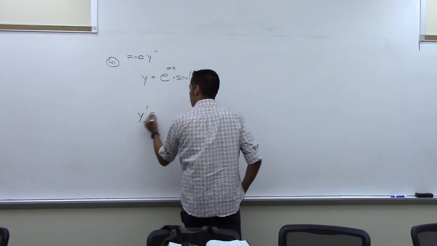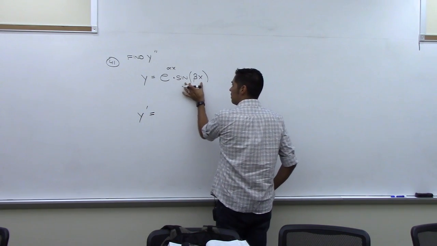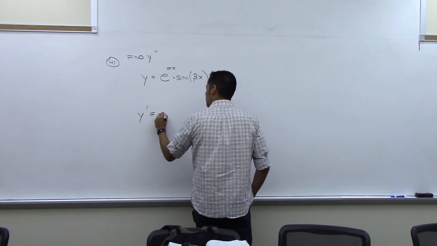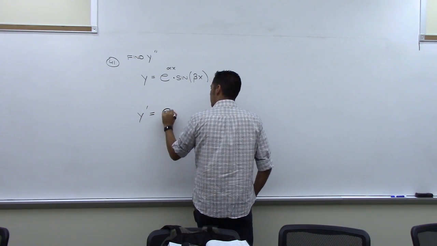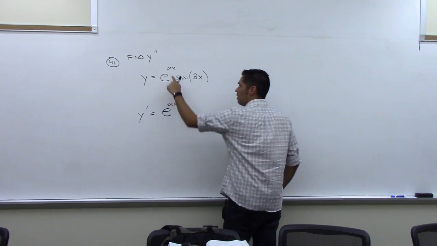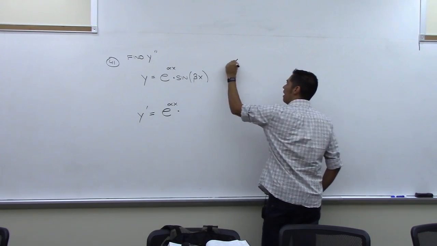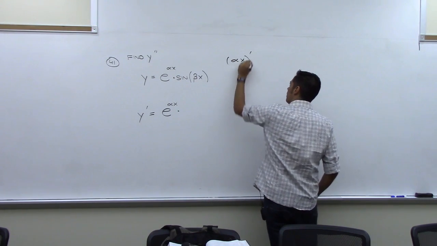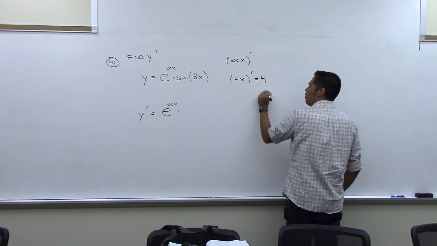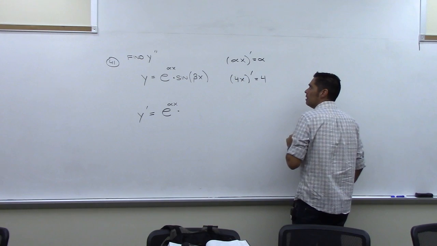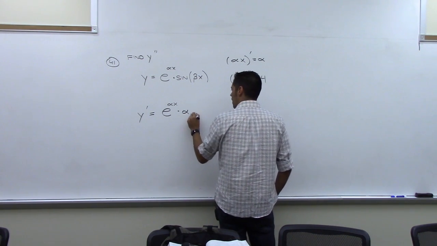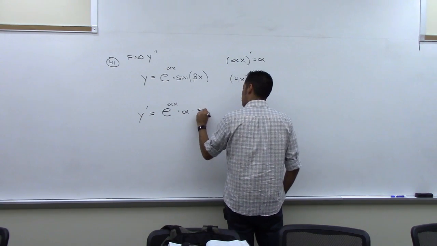So the first derivative will be the derivative of this times this, plus derivative of this times this. So derivative of e to the alpha x, well, derivative of e to anything is itself, times the derivative of what's up here. So remember, taking the derivative of alpha x is the same as asking, what's the derivative of 4x? You just say 4, here it is just alpha. So it's just a constant. So it's going to be alpha here. And then times the second function, sine beta x,